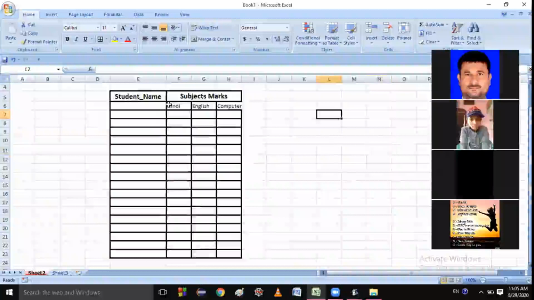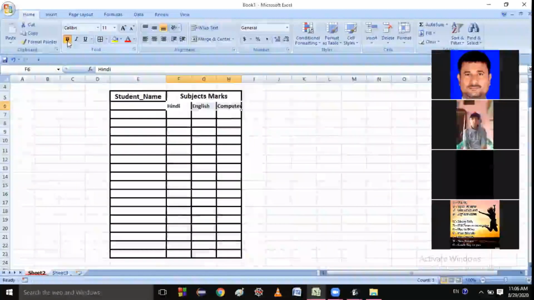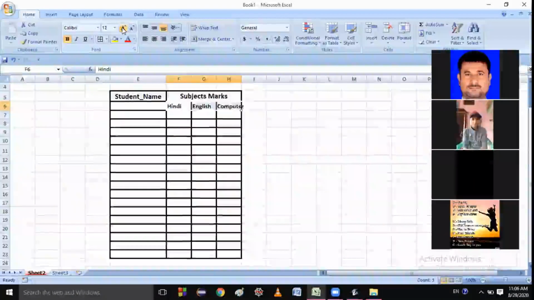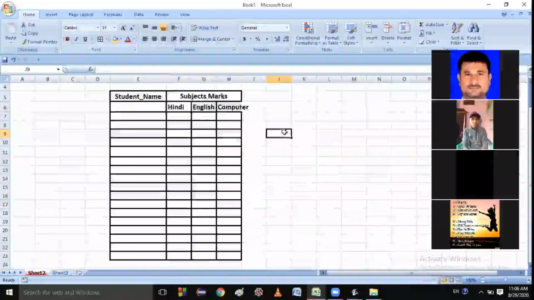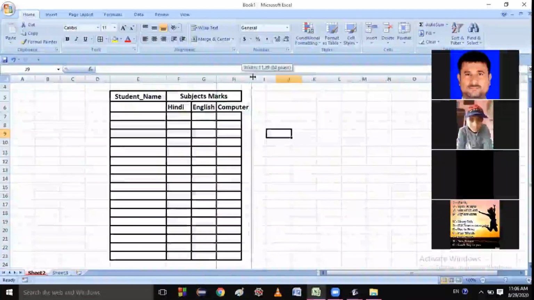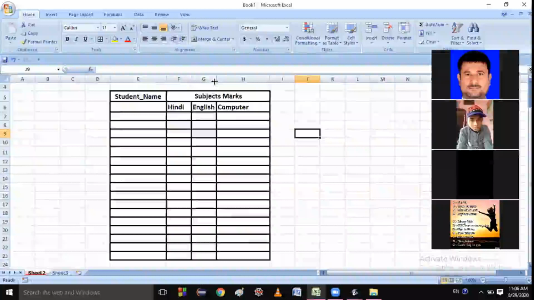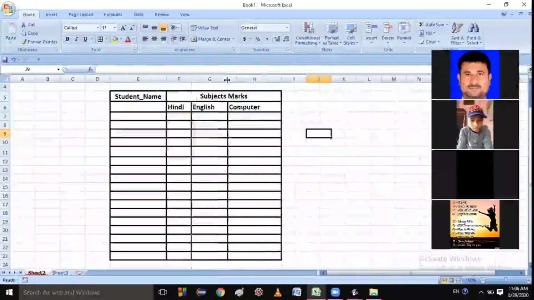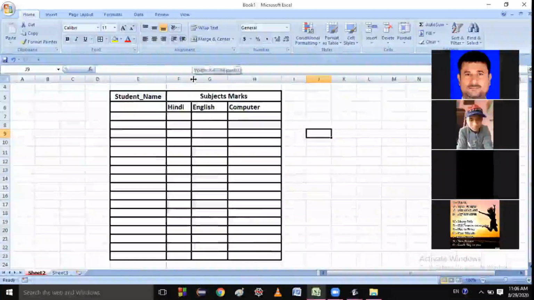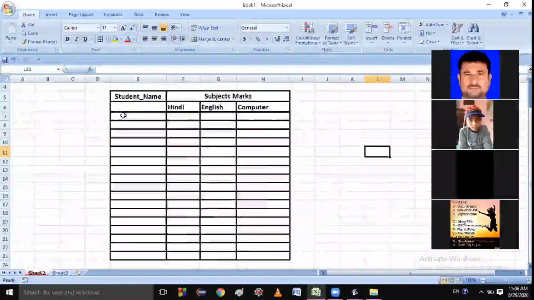So these, and this color should also be big. Okay, so I think this size should be increased. Computer, let me increase the size more. Subject, and this English should be this one. So I'm just writing the student name,